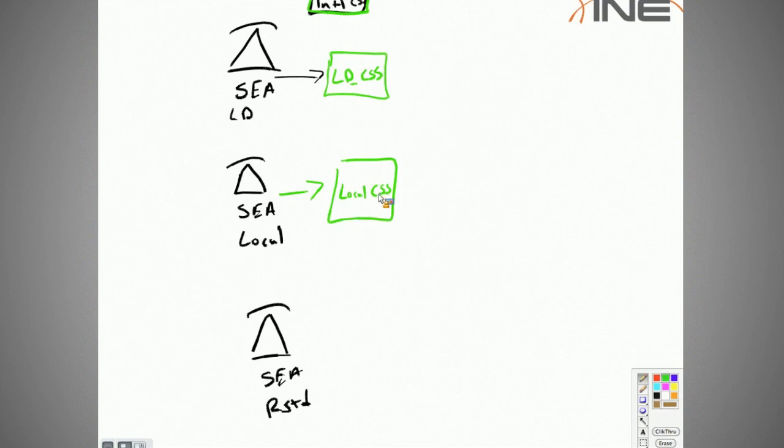Local. This phone has the calling search space for